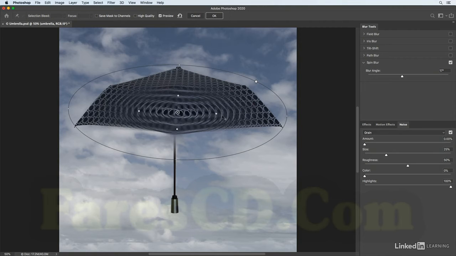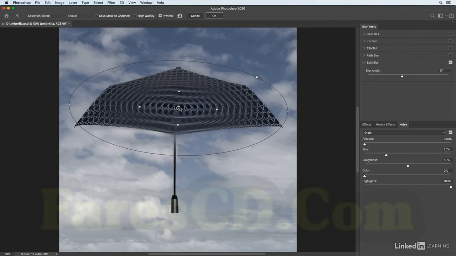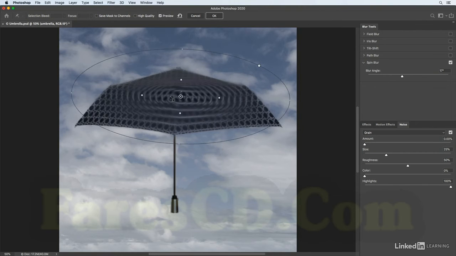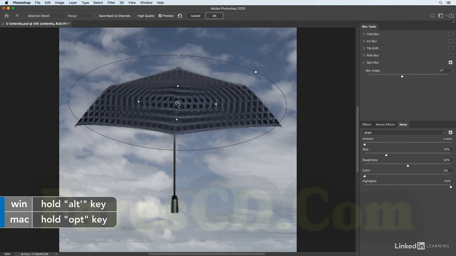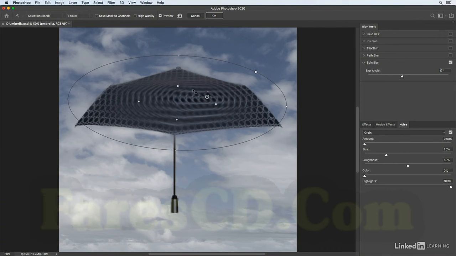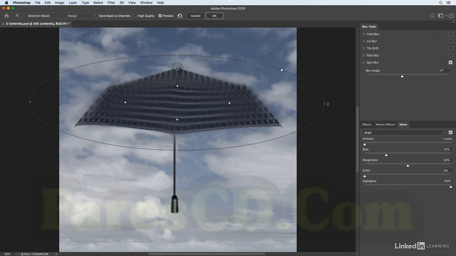But of course, the problem is that the center of the blur isn't in the right location. And when I click and drag on the pin, it's just going to move the center. So I'll hold down the Option key and then drag the pin independently of the outside of the circle. And I'll just place it there at the top of the umbrella. But it's still not quite right. I need to make this a lot larger, so I'll click on the small dot and then drag it out, and then select that fade range and also bring it out farther.